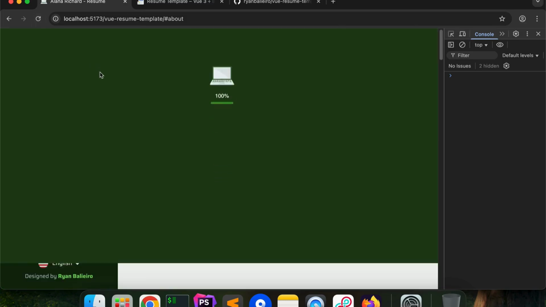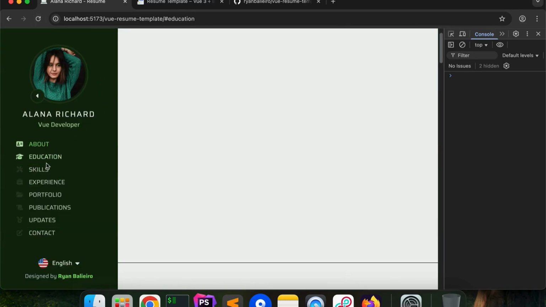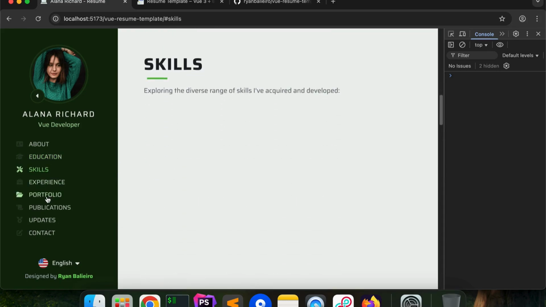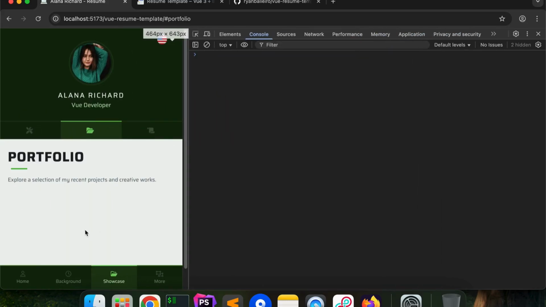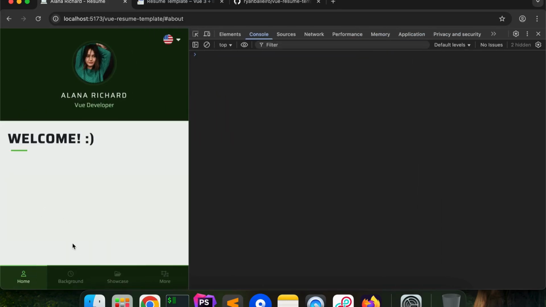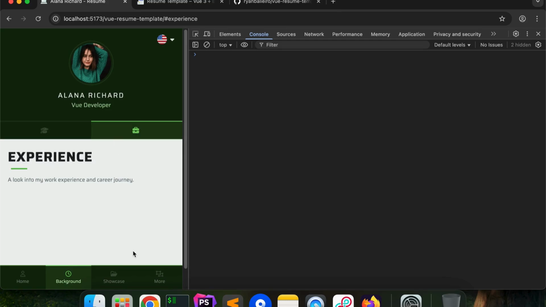Now, if we go back to the browser and refresh the app, you'll see that all the sections are showing up in the navigation just as expected. And if you check the mobile view, you'll notice that the sections are neatly grouped under their respective categories. Just like we planned,